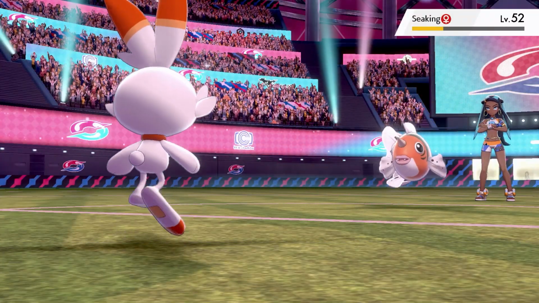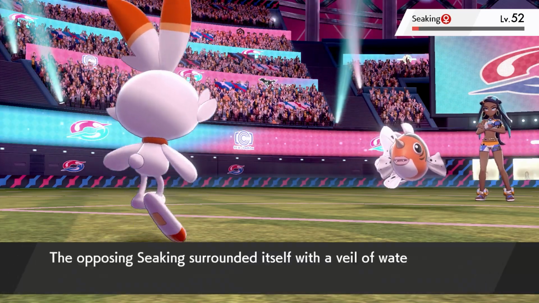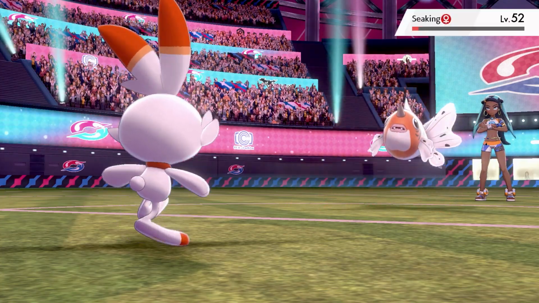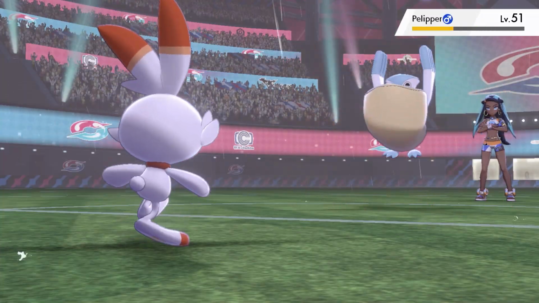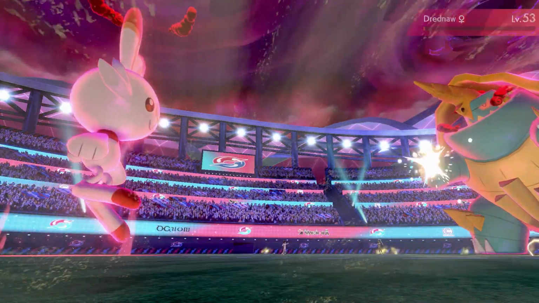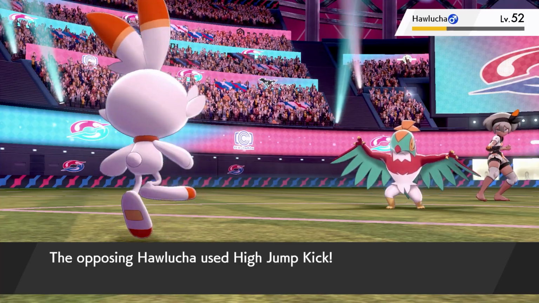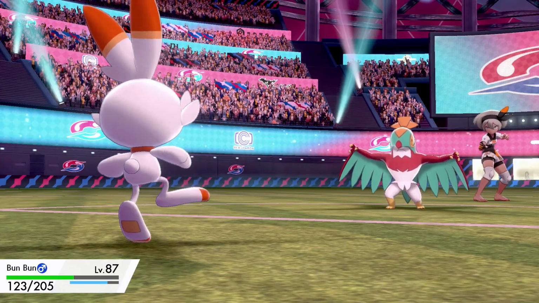Seaking survives Electro Ball, but it only sets up Aqua Ring. Nessa then uses her Z-Move, but Seaking is still 2 KO. Pelipper is a one-shot, and last is Drednaw, who is a 2 KO. Next up is Bea. Hawlucha hits us to almost half health with High Jump Kick, but is a 2 KO